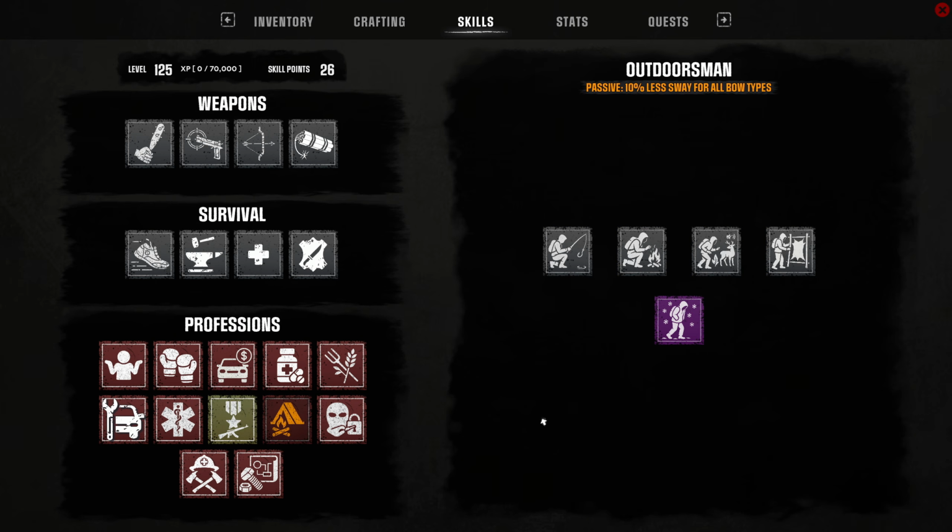Again, this one, Outdoorsman, a very, very good one. Also something I would consider starting off with. And we will run through these. Your passive is 10% less sway for all bow types. So for Outdoorsman, especially early game,